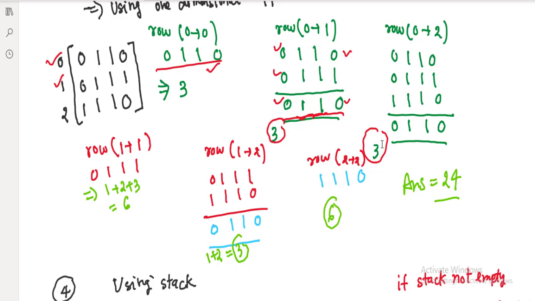Similarly, we can take the first row and this second row, this 1 and 2. After computing, this will be our desired array, and the answer would be 6. Similarly, here we take this particular row and this one. Now we take these two rows, so the final answer would be this. Now the result will be 3. Similarly, for the last row, this will be 1, 1, 1, 1, 0, and the answer would be 6. If you add all of them, you can see that there will be 24. We have already seen that for this particular matrix, the answer is 24.